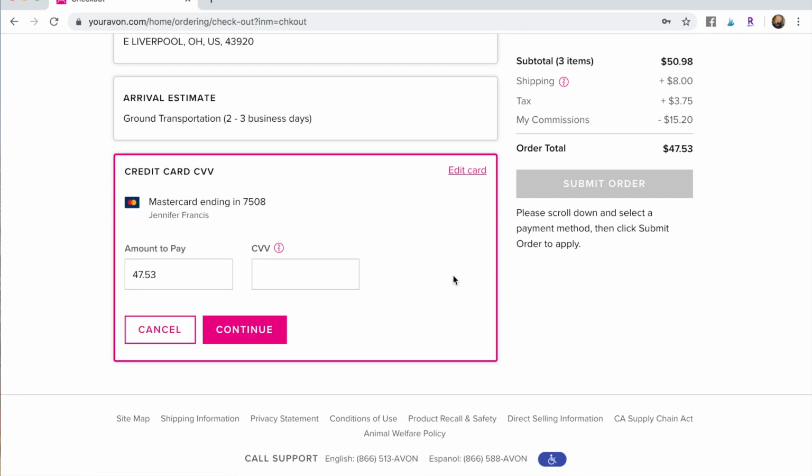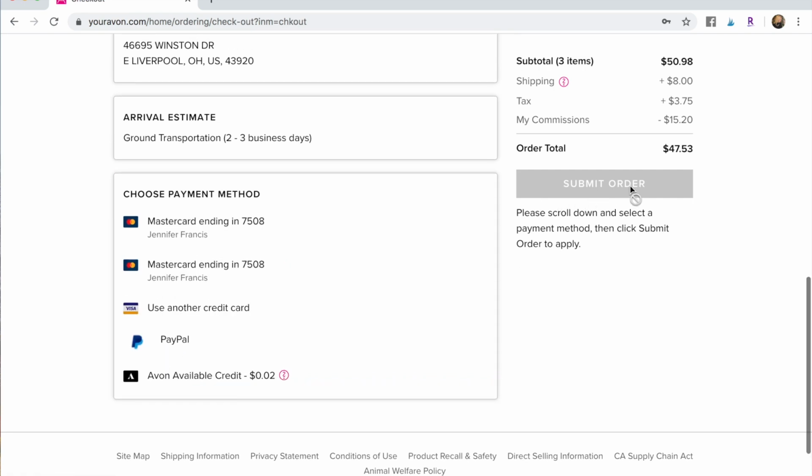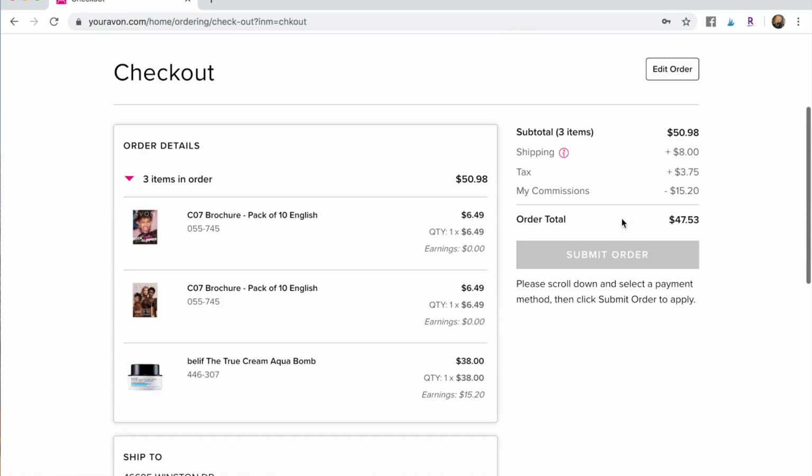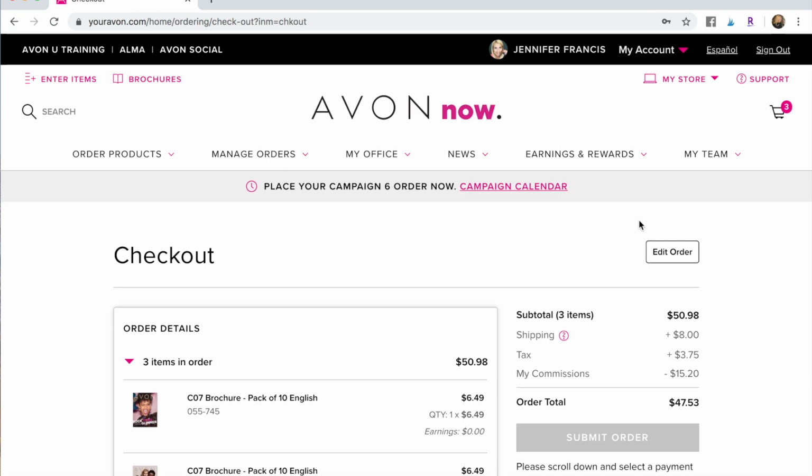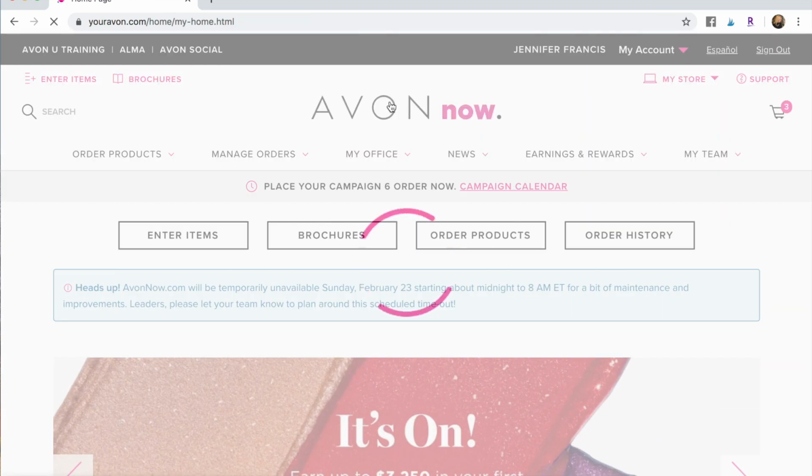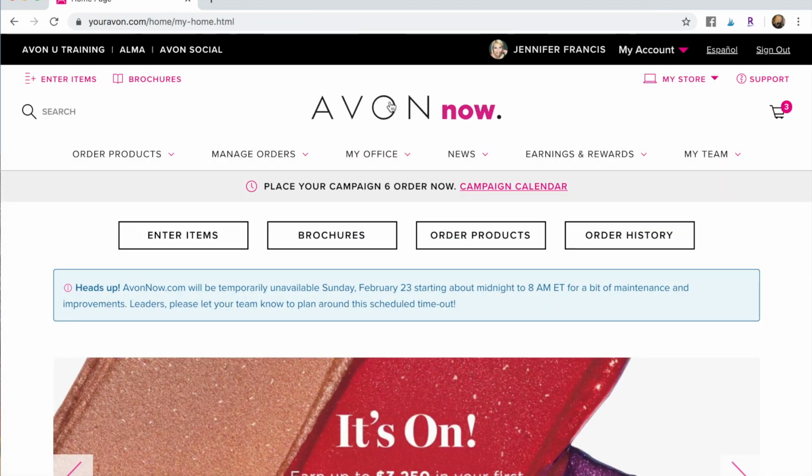And you'll want to add in your CVV code, and then you'll hit this submit order button, and you will be ready to go with placing your Avon order. So that's one way to place your Avon order. Now let's head back over to the home screen, and I'm going to show you another way that you can